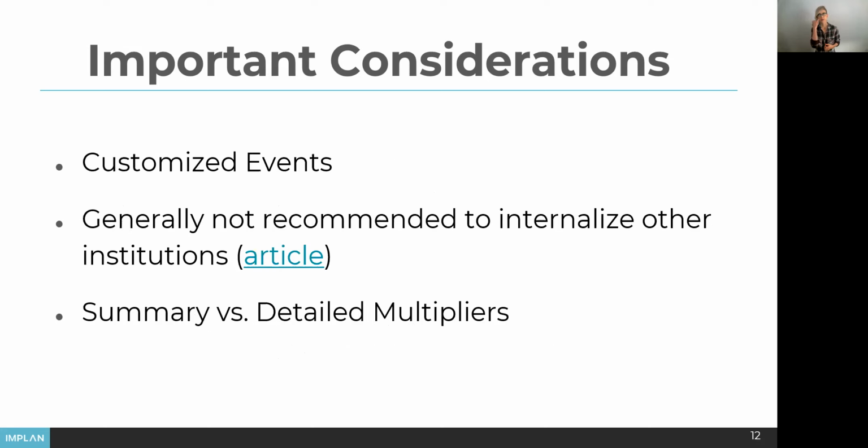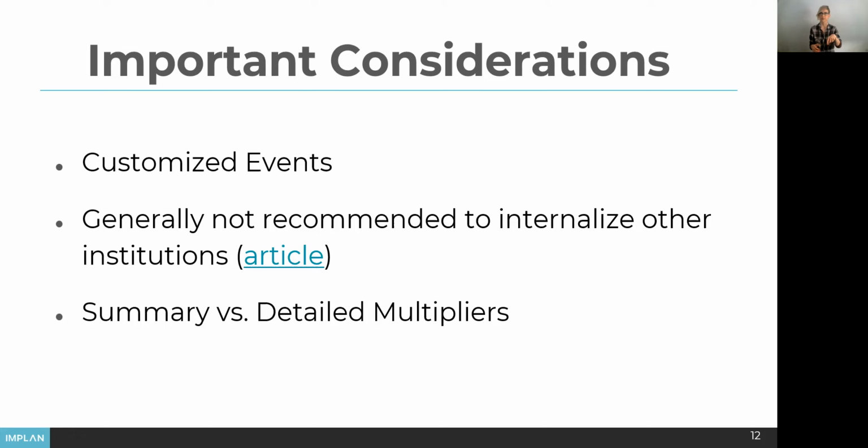All right, some more important considerations. One is customized events. So in InPlan, and I'm going to show you this at the end of the presentation, you can go in and see tables of multipliers by industry. If you were to run an impact in InPlan and not customize it at all, you would just put in your 100 jobs or however many jobs and let InPlan estimate the associated labor income, the associated output, all of that associated with those jobs, and you ran the impact and you calculated your own multiplier looking at your results, your total impacts divided by your direct impacts, you're going to get a multiplier that matches exactly what's in the